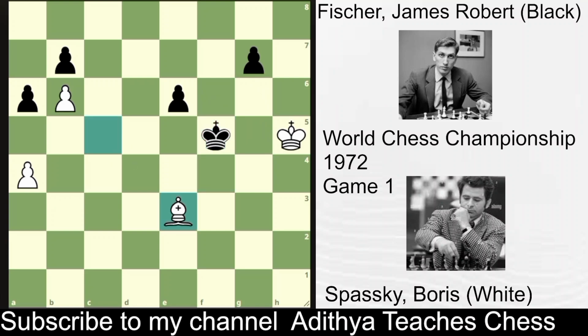bishop e3, king e4, bishop f2, king f5, bishop h4, e5, bishop g5, e4. Instead of e4, if black plays g6 check,